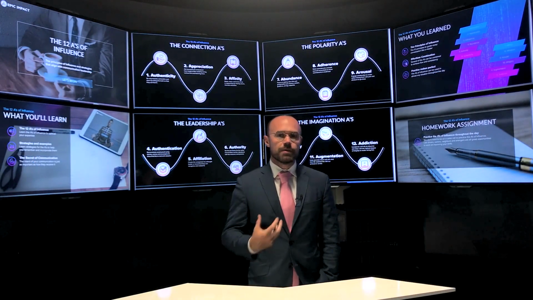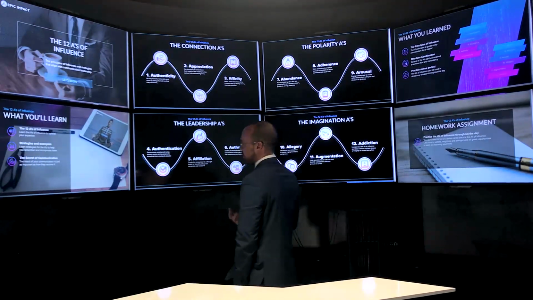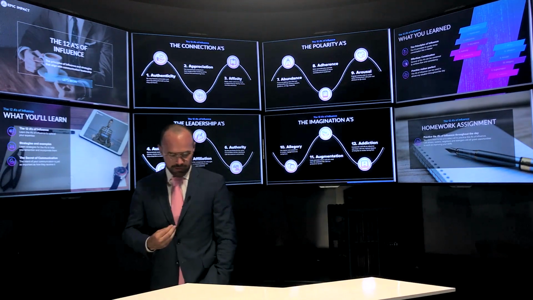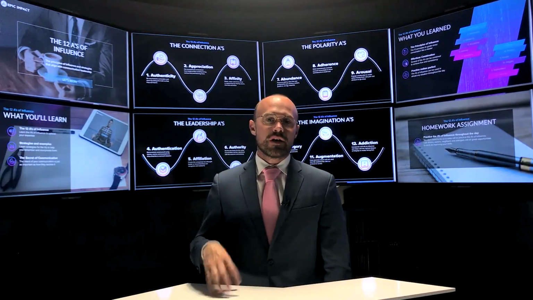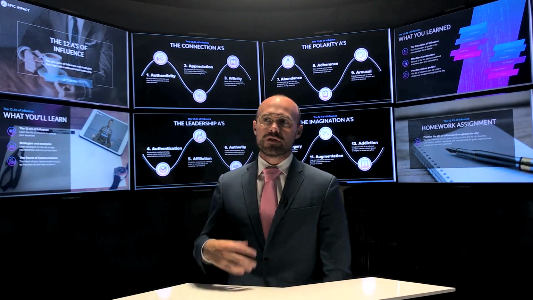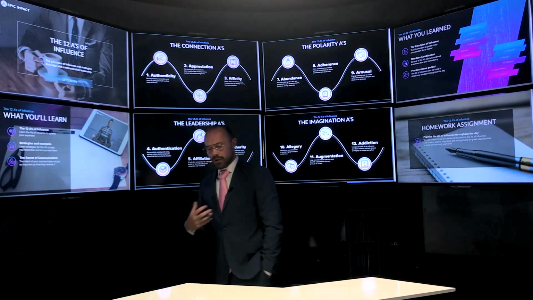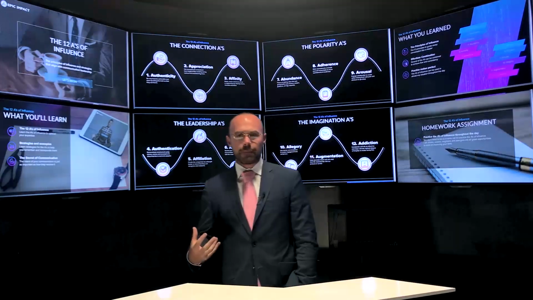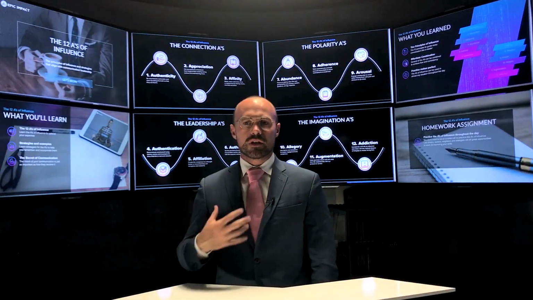One powerful and simple way to work on the A of authenticity is to share something personal about yourself. For example, today I was talking with one of our customers and I shared with him that I spent some time with my nephews and my niece. And he expressed some empathy and connection around his family, and I did the same. Now, I didn't need to share with him that information, yet it brought us closer together.